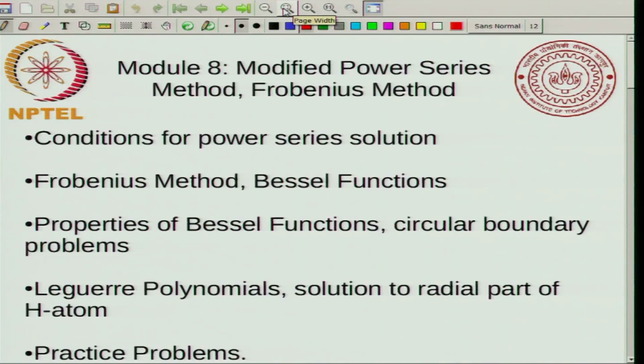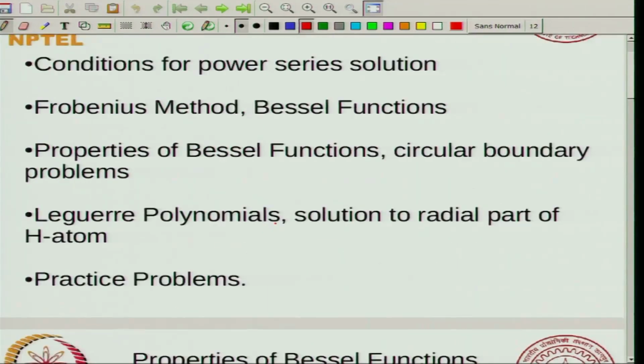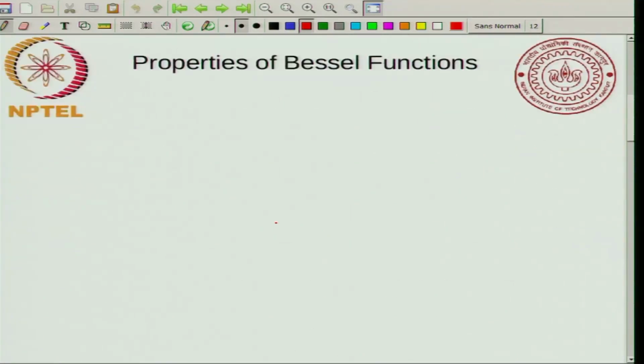So, today we will discuss some properties of Bessel functions. We have already seen that Bessel functions are solutions of the Bessel differential equation, and we particularly looked at those functions for integer values of v, the parameter that appears in the Bessel equation. So, if you remember, we defined J_v of x in the following form as